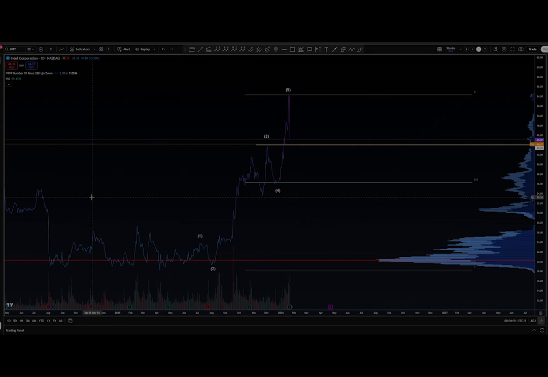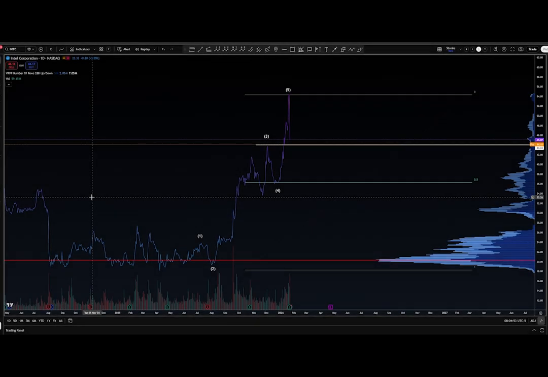I know that Intel is not going to be the most popular choice with our crypto-based audience. However, I know that there's a good amount of you guys that are into trading the stonks. And as you can see on this chart, there's a great reason why you should be if you are not. This has been one of the Discord favorites. We caught this down here in this accumulation range low for the members and have been riding it ever since.